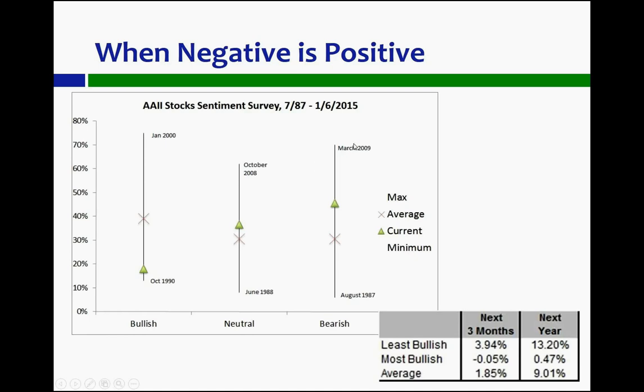In March 2009, this chart shows bearishness. In March 2009, it had the highest reading of people who were negative and scared and bearish on the market at 75%. And we all know what happened there. The market actually bottomed in March 2009, when everyone was at its most scared. And there was the least amount of bears in August 1987, just before the market had its crash, its Black